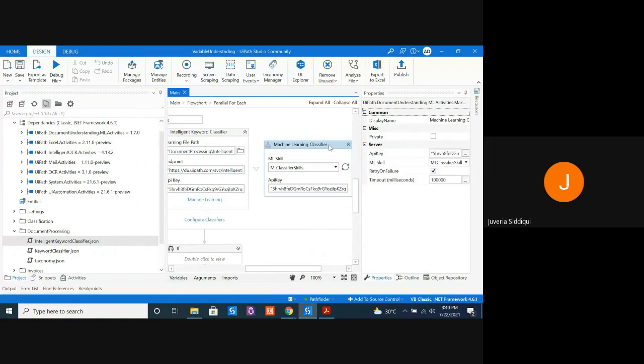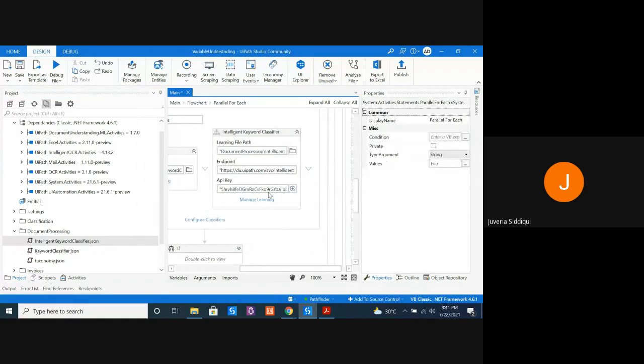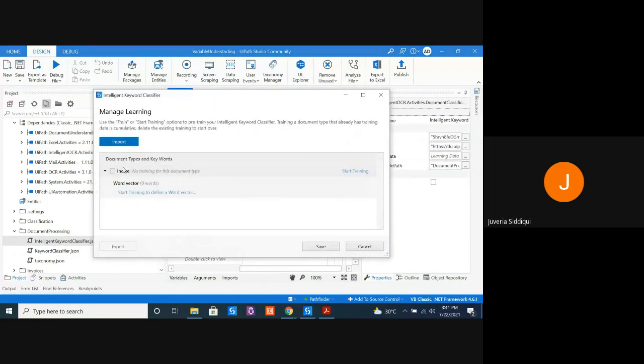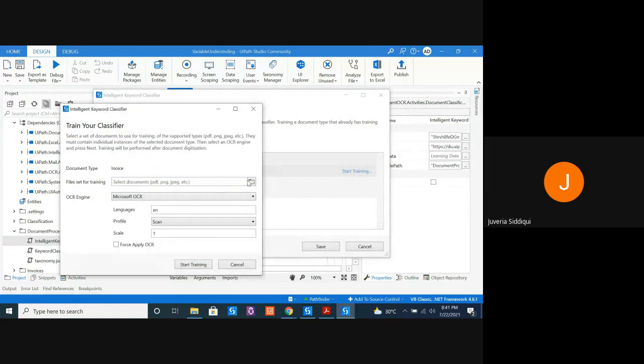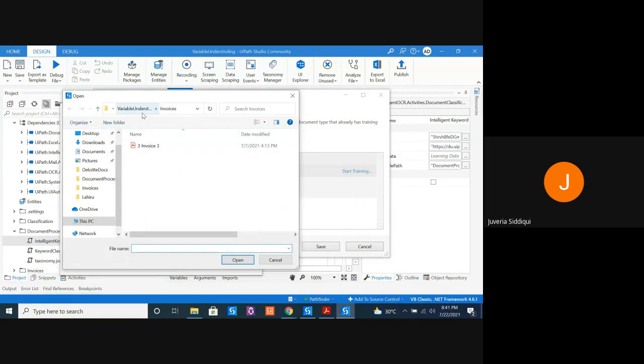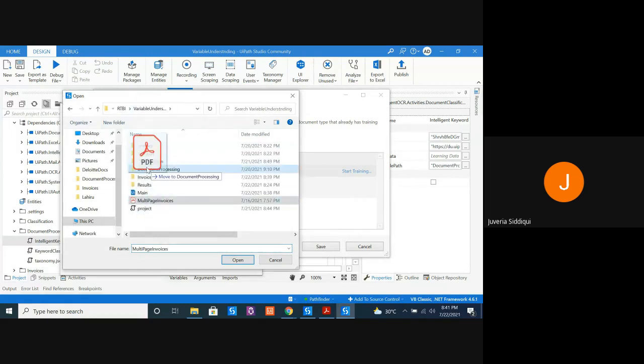Okay, I don't need this classifier, so I'm going to delete this. I'm going to use this classifier. One more thing. I want you back again.